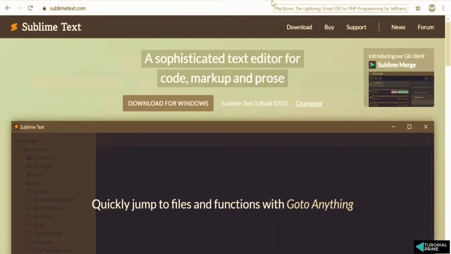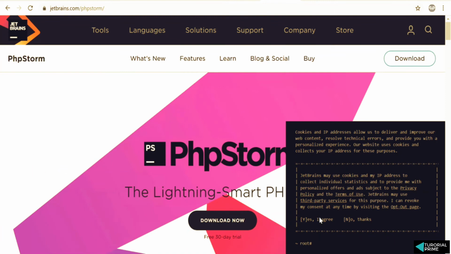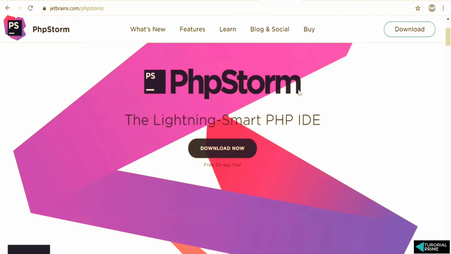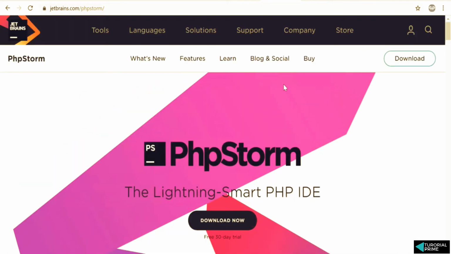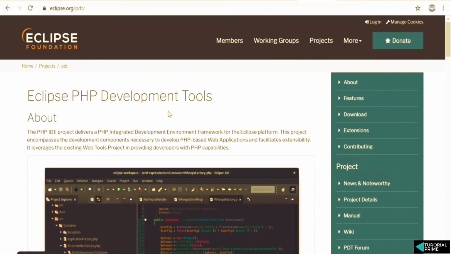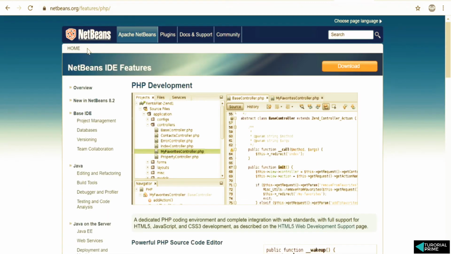And for the IDE, there's a paid version called PhpStorm. I typically use PhpStorm for my projects when I want to build a web application, and PHP is my server-side coding, so I tend to use PhpStorm. In this editor, you can even write HTML, CSS, JavaScript, and many other things. This is basically an IDE, and there's one more free IDE that you can use, Eclipse. All these links I'll give you so you can go ahead and look at them. Eclipse is again one more famous IDE tool that you can use for web programming. Apart from Eclipse, there is one more IDE called NetBeans.